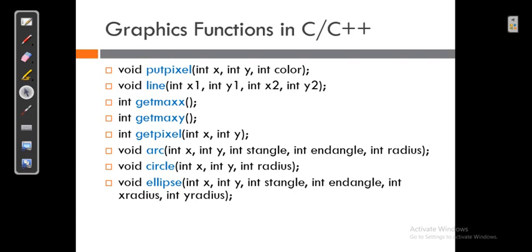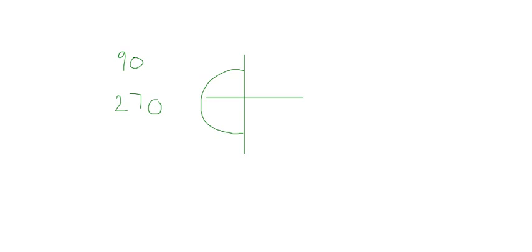And the starting angle and ending angle tell from which angle the ellipse will start and at which angle it will end. Similarly, for 90 to 270, if I am drawing an ellipse with some sample x and y, this is my starting angle, this is my ending angle. I will have some particular y radius, sorry, and x radius. So x radius and y radius I will have to define in my function.